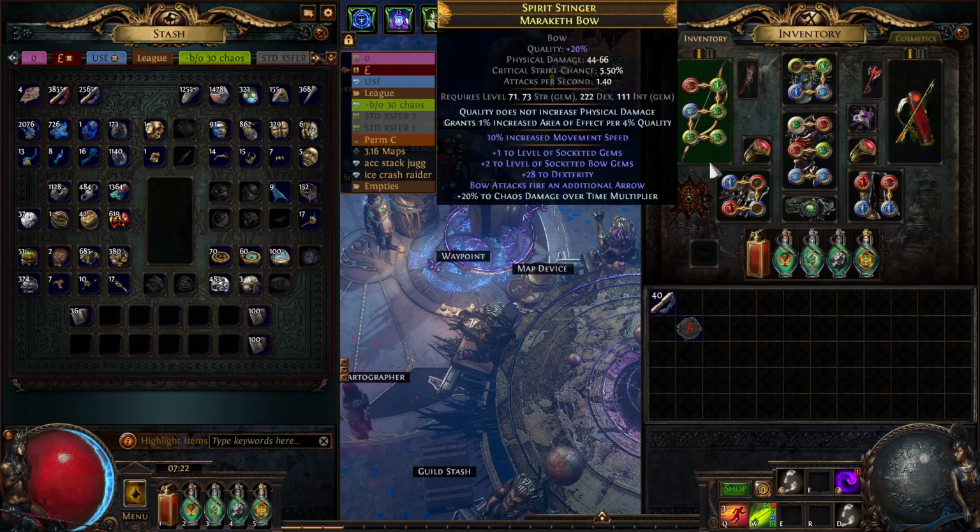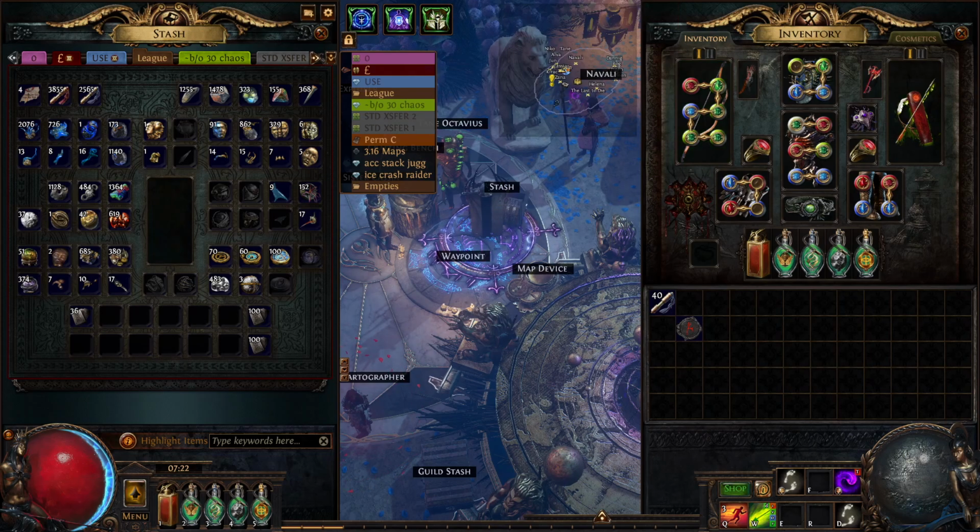The bow is a Marrakech bow for the movement speed only. You don't have to use this bow. You can use whichever bow you like. The important modifier on this is the +1 level of socketed gems. After that, we are after the damage over time modifier and the hunter modifier, chaos damage over time. We then multi-mod it to have +2 level of socketed support gems and a further chaos damage over time multiplier